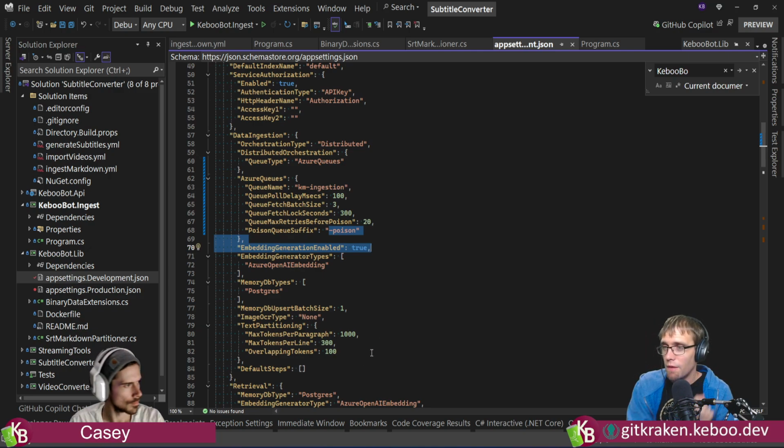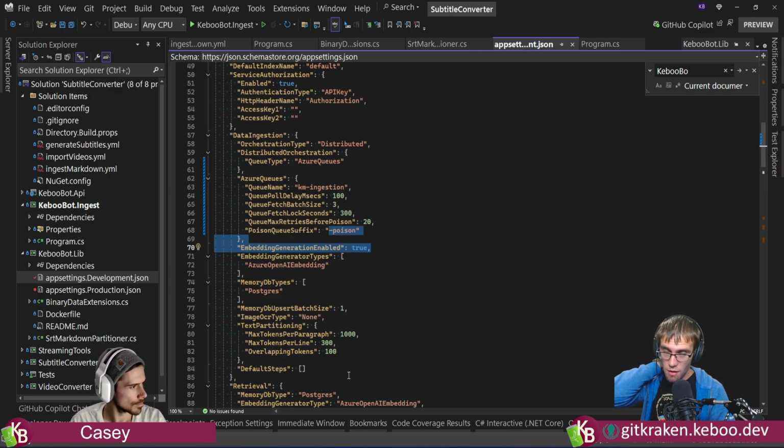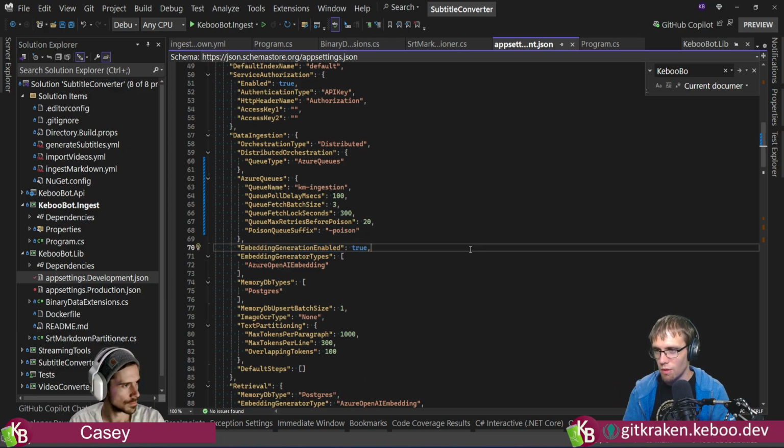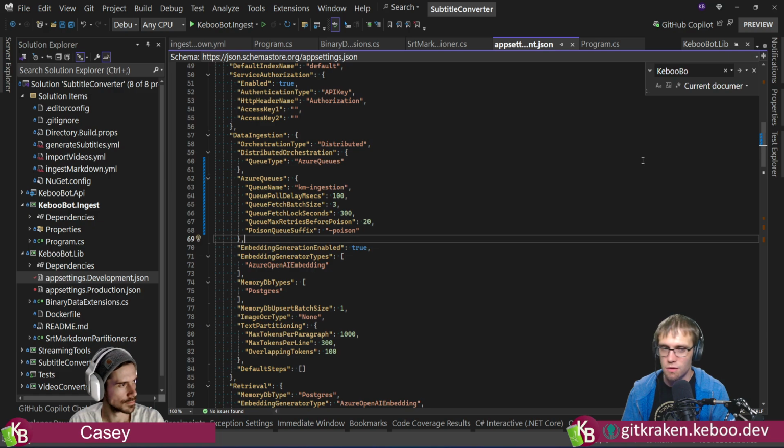For people unfamiliar with it, in basic queuing ideas, you have a queue of items to process. If an item fails, oftentimes it's re-queued to try again in a minute. But if you get a bad item in your queue, you don't want it constantly retrying. So after some number of failures, it usually gets thrown somewhere else, commonly called a poison queue. This thing tastes like poison, so let's not keep drinking it type situation.